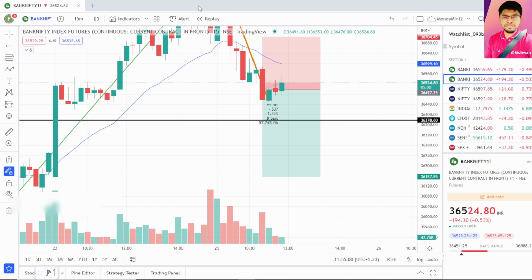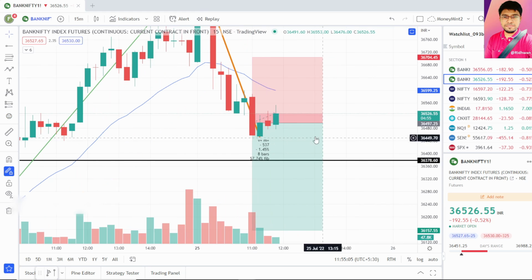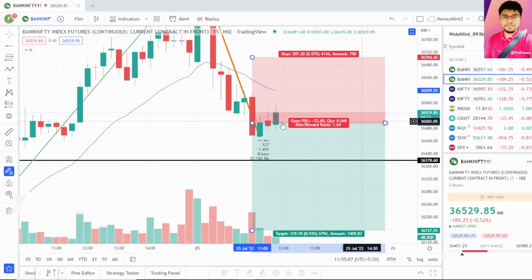expiry day. So this is the setup. Let's see now how it